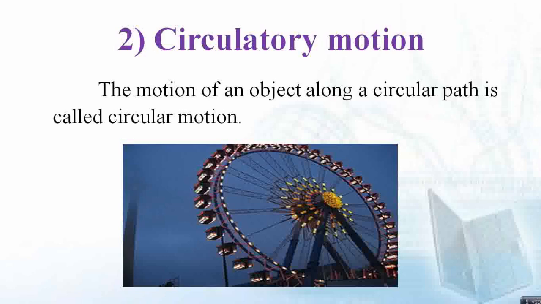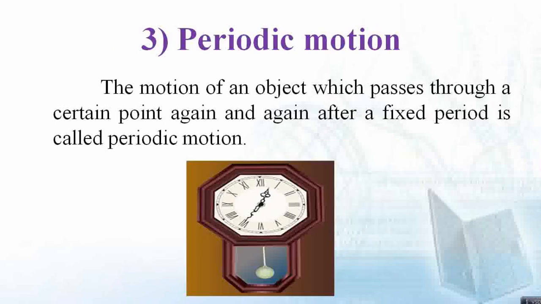We all have sat in a giant wheel some time or the other. This giant wheel always moves in a circular motion, which may vary in constant speed or be non-uniform, with change of rate in rotation. This is circulatory motion. Now, we will see the next, that is periodic motion.